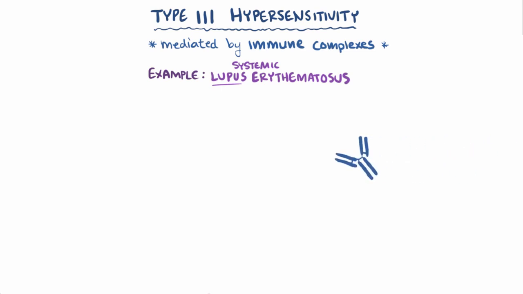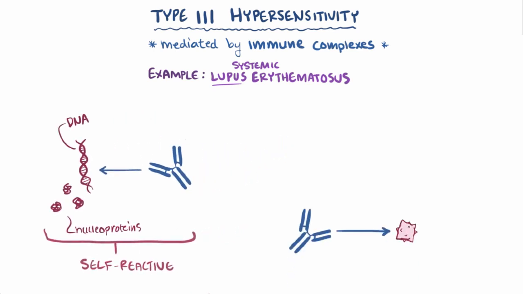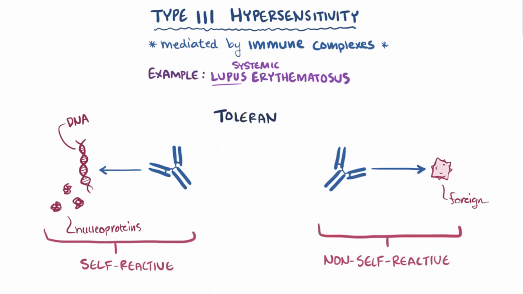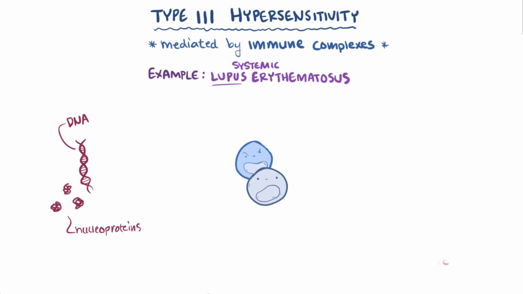In lupus, the IgG antibodies are typically specific for DNA and nucleoproteins, both of which are part of our own cells, making them self-reactive. Normally, your body should only react to things that are foreign, or not self. And this is maintained by a process known as tolerance, where only non-self-reactive B and T cells are allowed to mature, whereas self-reactive B and T cells aren't. This process, though, isn't perfect, and sometimes some self-reactive cells can escape,